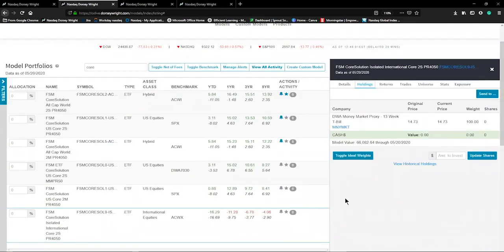So again, solutions for domestic equities in the U.S. core iteration, all cap world for that flexible, dynamic, global exposure potential, and then the isolated international for your core international pieces, should you choose to be invested in there at all times. So with that,